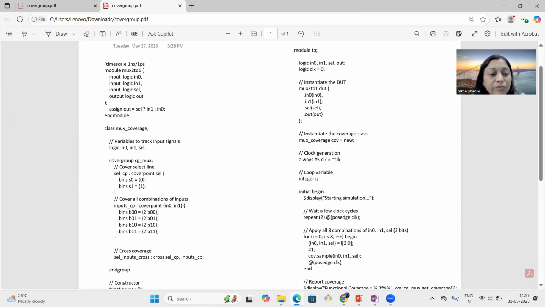So then I'm creating 4 bins here. The reason is I have 2 inputs, so I'll be having combinations of 2 raised to 2, which is 4 different combinations I can have with 2 inputs. So I'm creating 4 bins here, one bin for 0,0, another for 0,1, then 1,0, followed by 1,1. So 4 bins. And then I have to just say cross coverage,